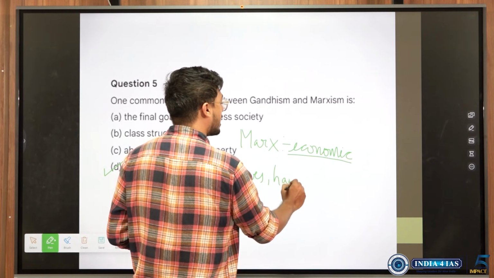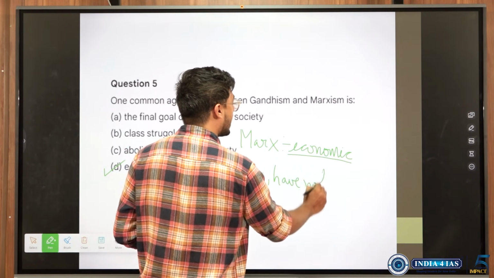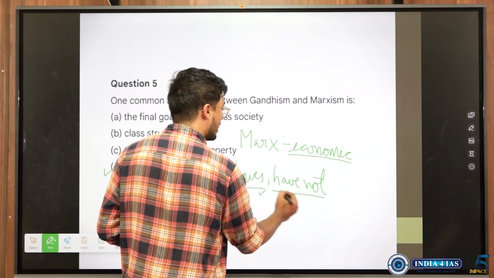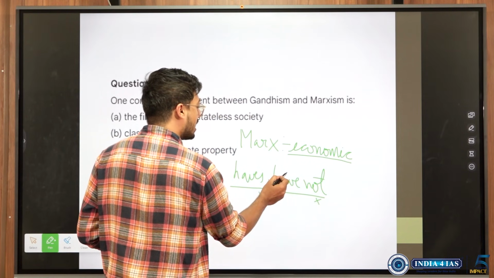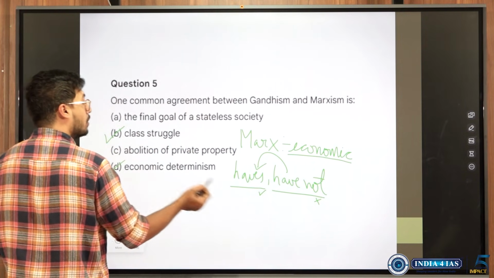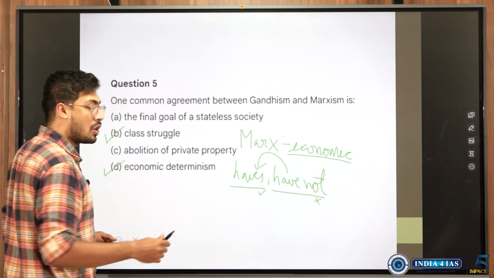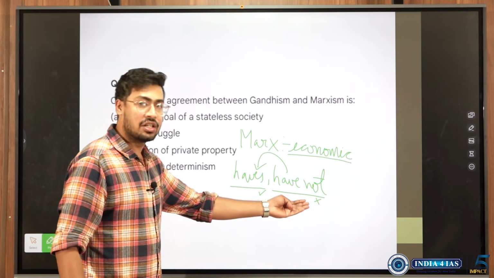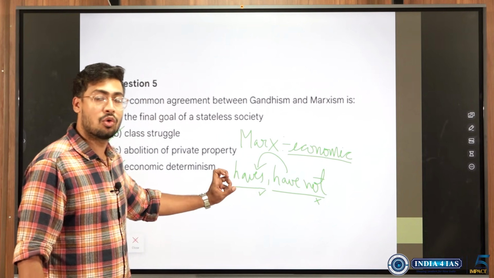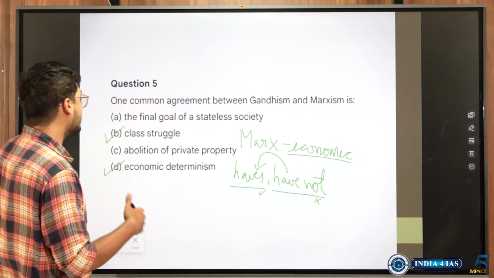Society will be divided into haves and have-nots. Haves means they have everything, they have resources, they have money. Have-nots don't have them. So what happens to the have-nots? After a duration of time they will do class struggle on the haves, because they will have scarcity of resources and the haves will have the resources. So they will do class struggle, take the ownership of the property, and once they take the ownership of